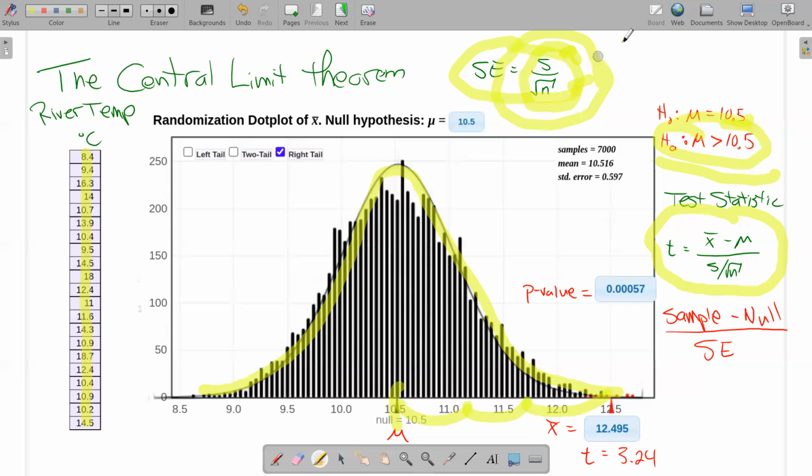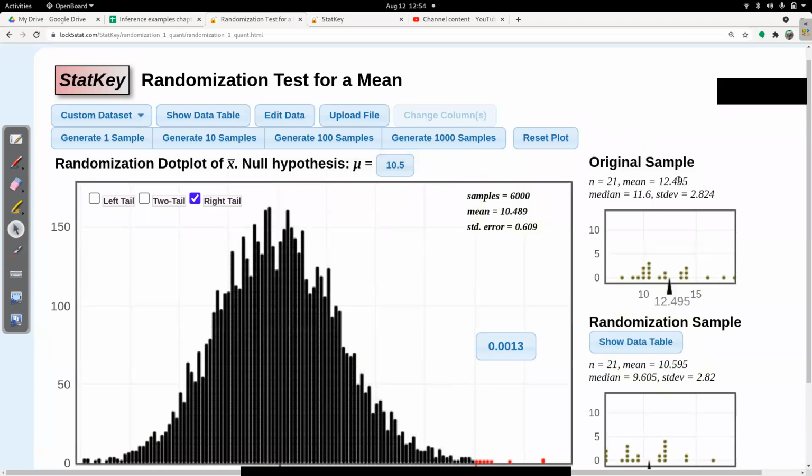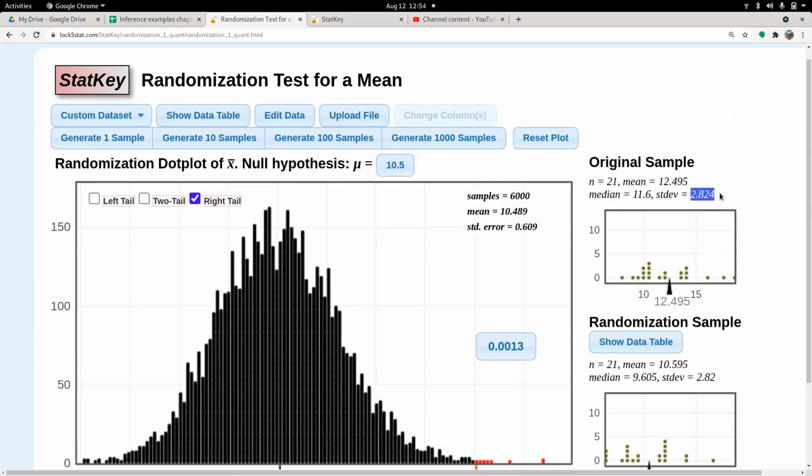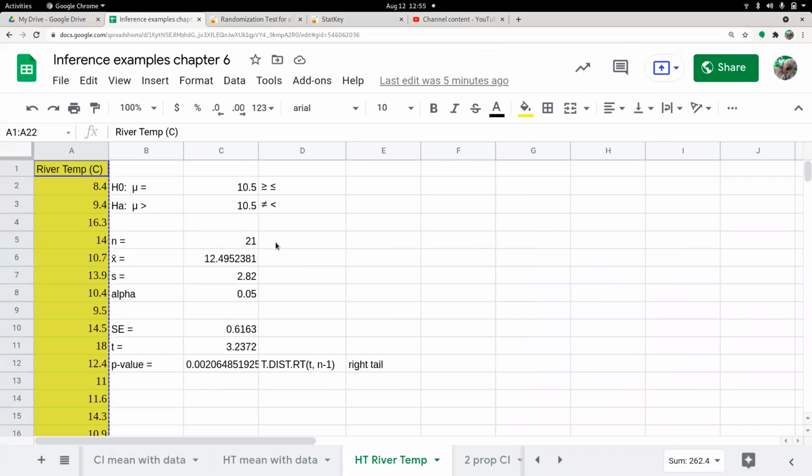And you can either do that on a calculator with stat key, because you need these summary statistics, right? You need to know the standard deviation of your sample. So either you have to go to stat key to find that, or you're gonna have to go to a spreadsheet. So typically if I'm using the central limit theorem, I'm gonna jump into a spreadsheet. And so this spreadsheet, once I plug in my data, calculates my sample statistic, my sample mean, my sample standard deviation, verifies the sample size for me, so I can find the standard error, the t-score,